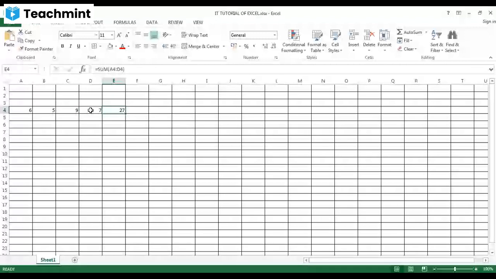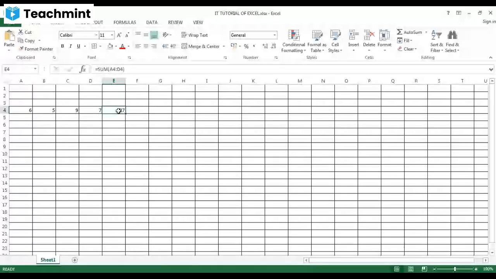Okay, if you want to go to the top of the worksheet, you have to click Control plus Home. I have pressed Control plus Home, and it sent our active cell to A1. Got it? If you want to go to the last cell of your worksheet which is containing data, you have to click Control plus End.